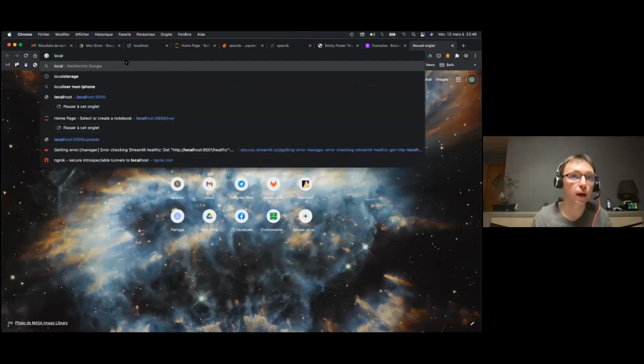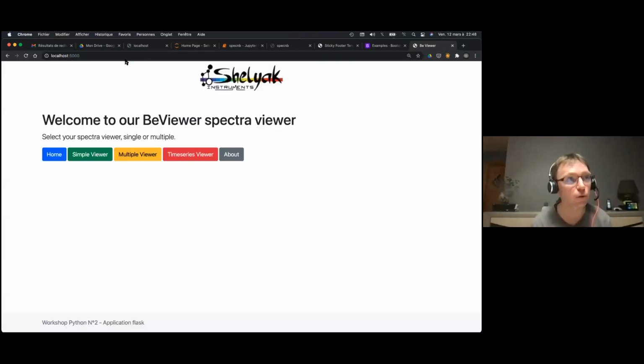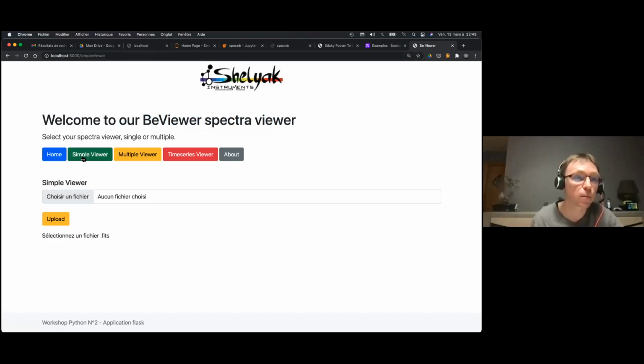I used Bootstrap just before to add a logo, and we have the sticky footer here. We have just used it before. I take the same web page and just change the title and add a button with some color. So here is my home route, and I have a simple viewer route, the function we have just seen before. I select a file